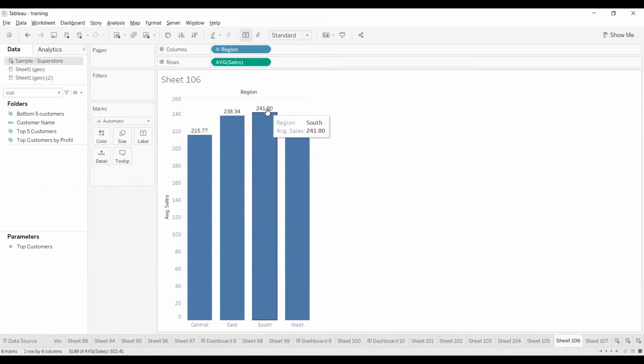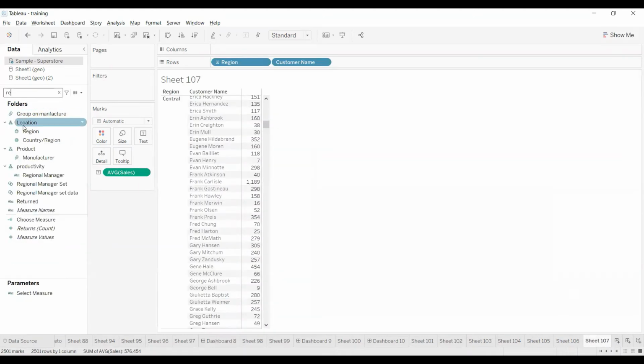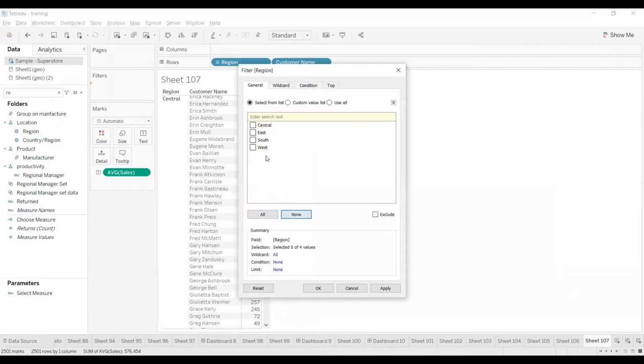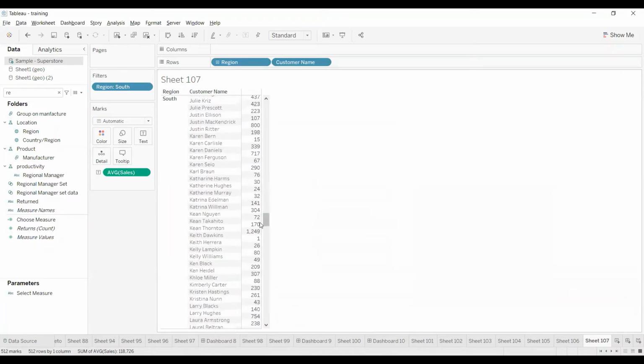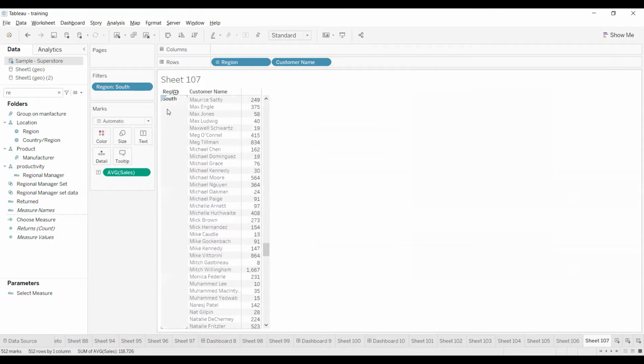What is the value? 241.80. Now I am going to take region as a filter. I am making it south instead of all. Apply. So after getting all the data at south region level, we see the customers and their average sales, the average of each customer's sales.